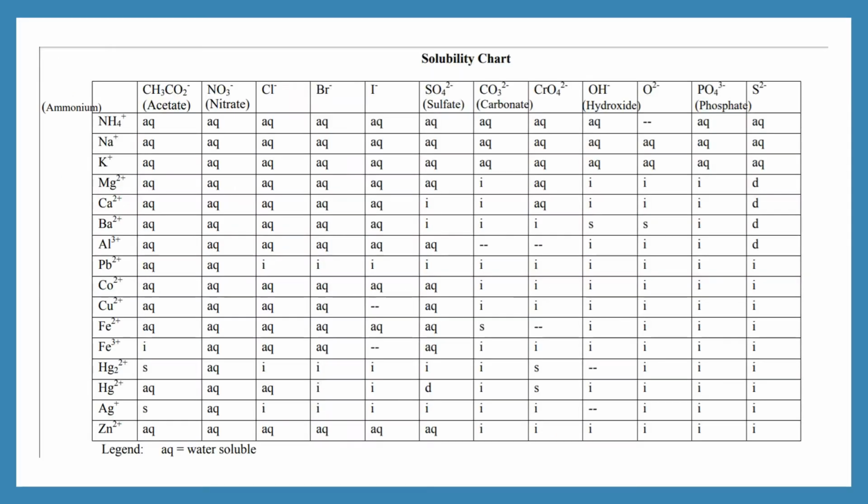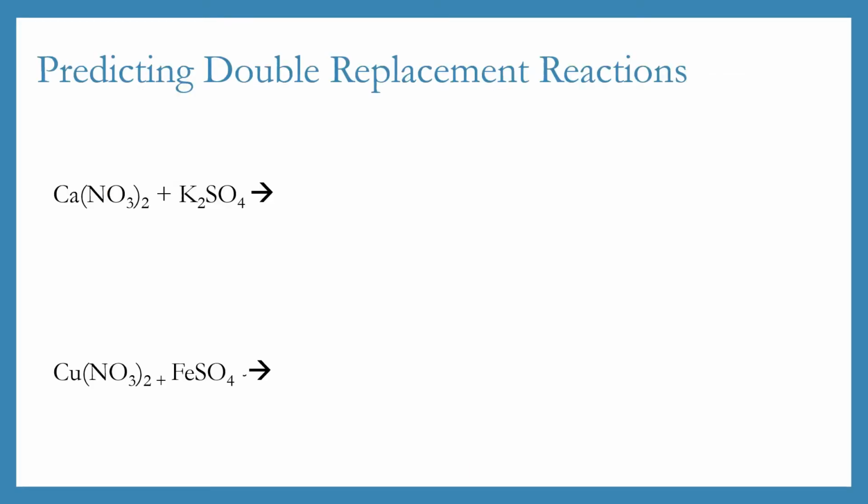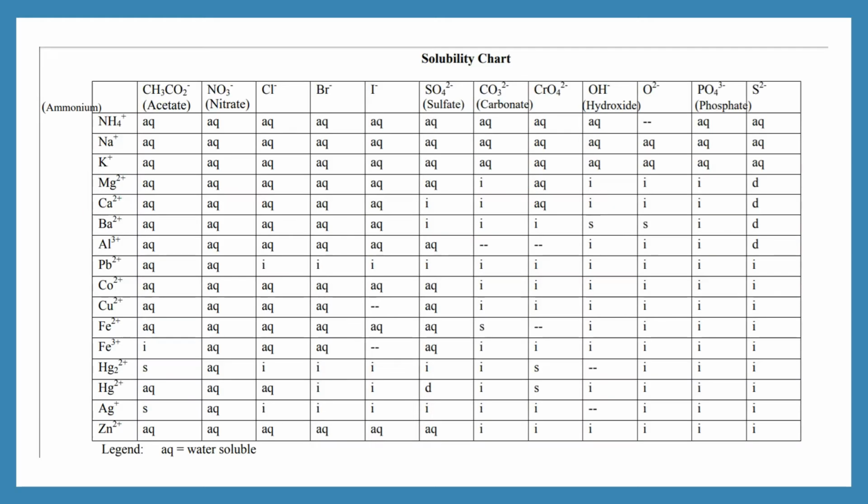The way you figure this out is with this chart. So this is the double displacement chart. So you're going to switch out your metals. So in this case, the calcium is going to go with the sulfate, and the potassium is going to go with the nitrate. And then you're going to go to this chart, and you see here's the potassium, and here's the nitrate, and that is aqueous. And here's the calcium, somewhere there's the calcium,